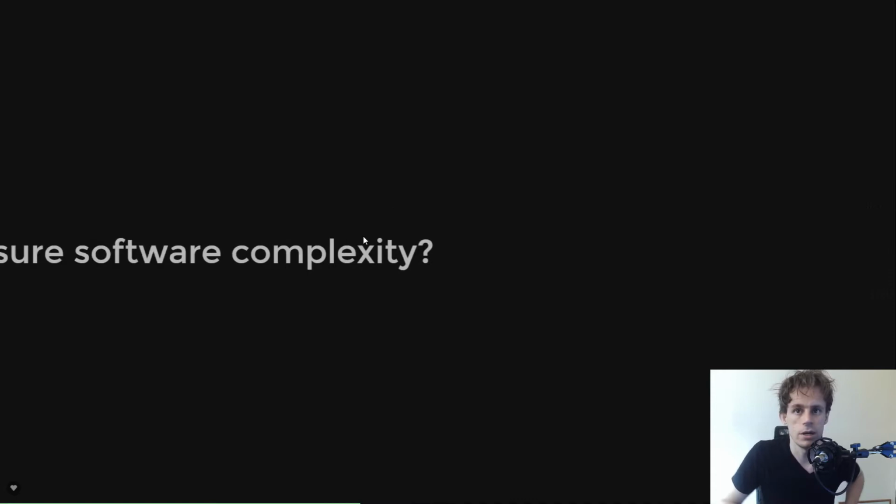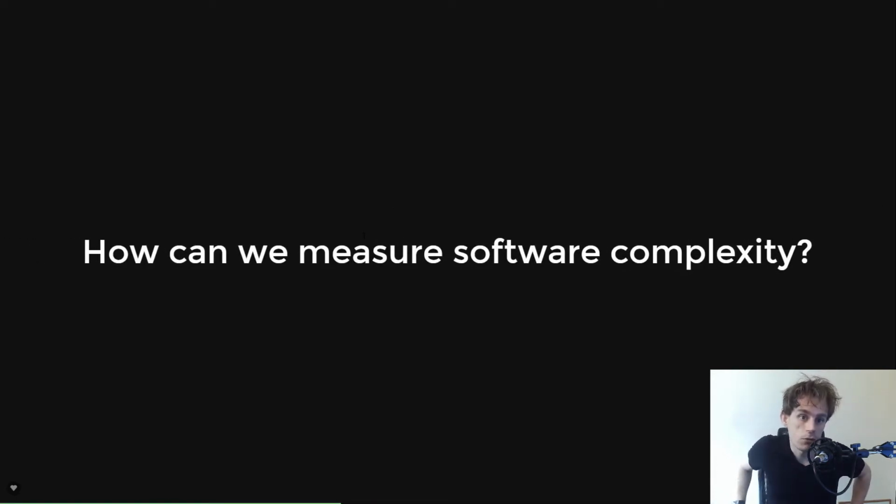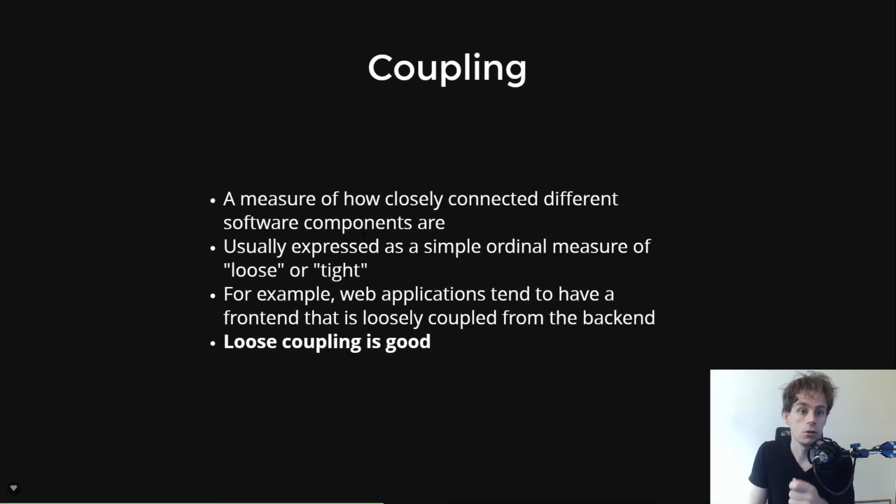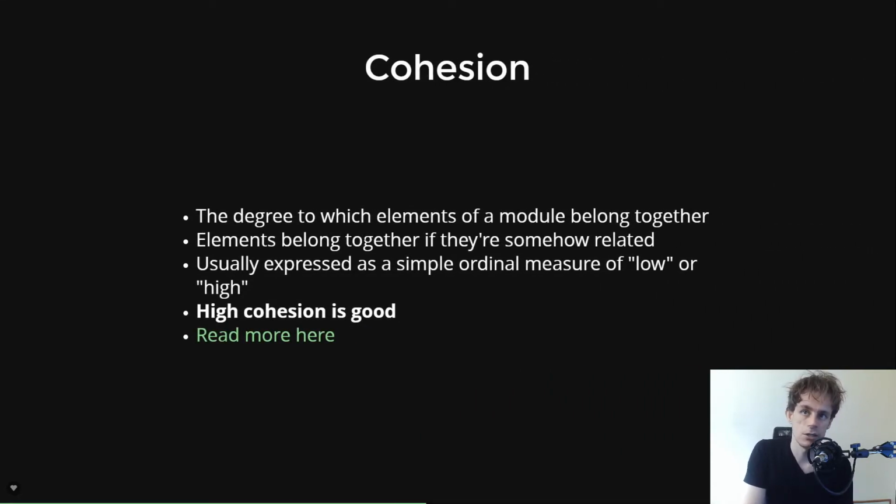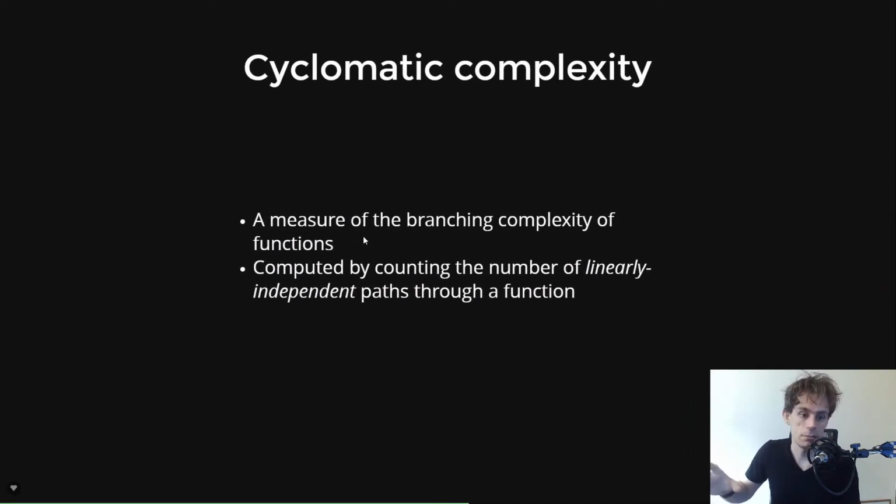So the question here: how can we measure software complexity? This is measuring it not in, again, a mathematical way, but more like you can look at someone's code and say, this has tight coupling because of A, B, C, and D, and same with cohesion. So you can actually talk about the complexity. This is a way you can measure it, albeit it's a little bit prone to judgment, a little bit qualitative. But a more interesting way to measure complexity, which is somewhat more mathematical, is the idea of cyclomatic